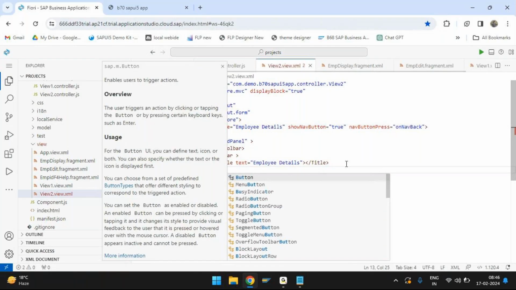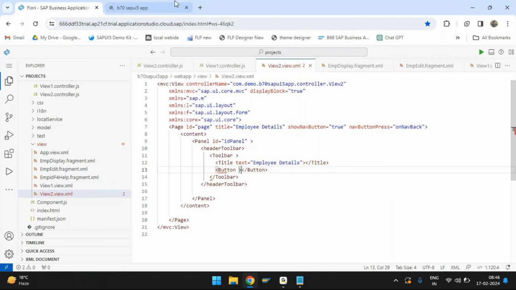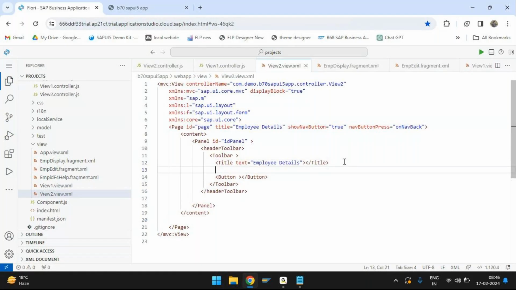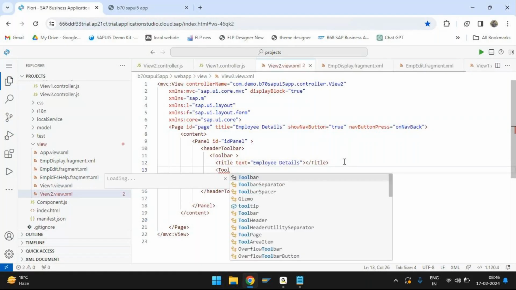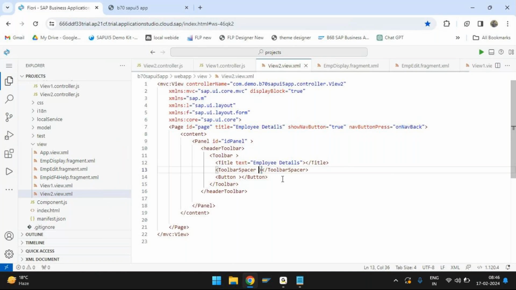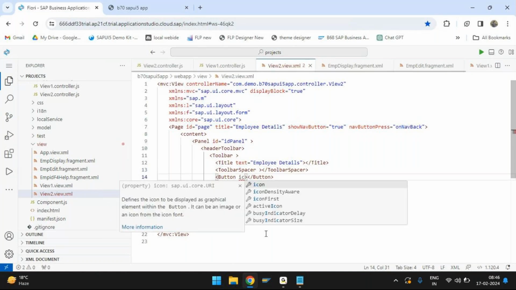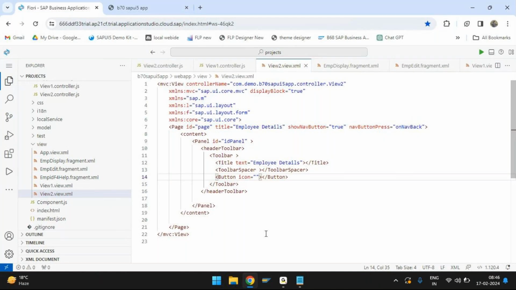So I want the buttons to be at the end of the header toolbar. So I will be writing toolbar spacer, and then buttons. Nowadays the trend is, instead of giving the text, we give only the icons. So there is a trend, sap-icon://edit for the edit button. For edit, I'm going to give a blue color,